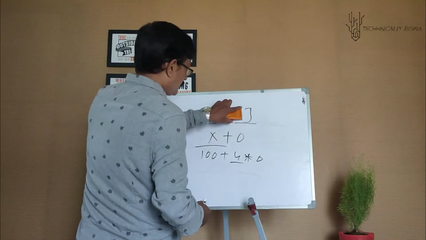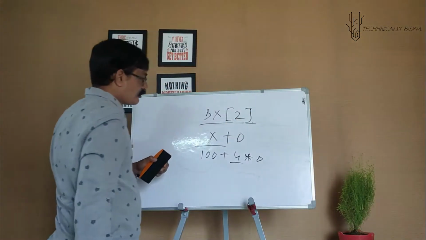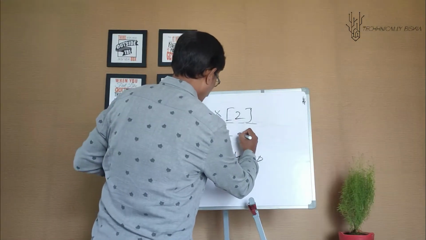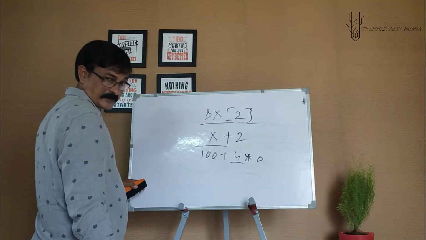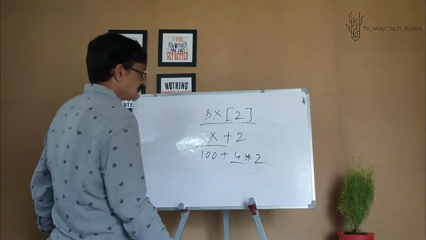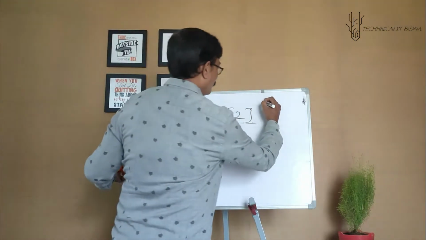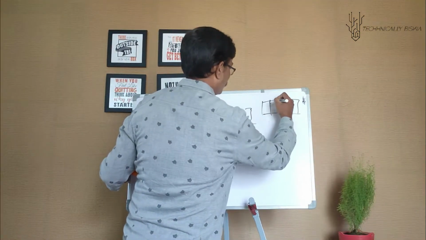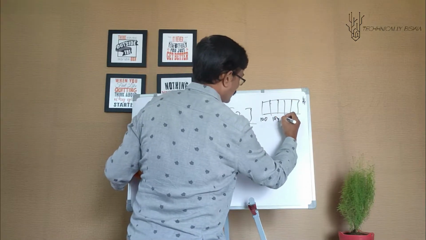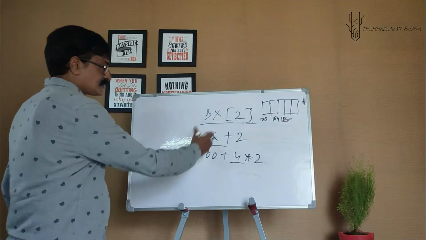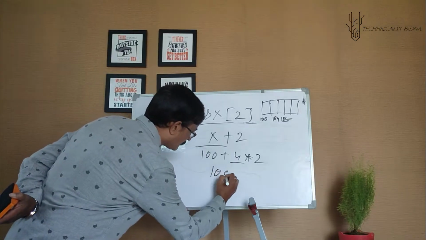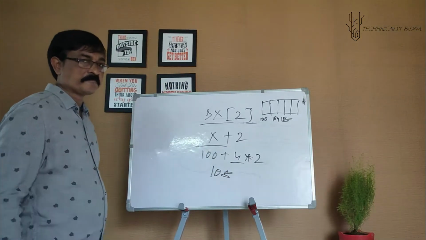Now if I say address of x of 2, what will happen? I'll just replace this, I'll say x plus 2. Now x plus 2 is 100 plus 4 into 2, which is 108. Recall that array, 5 elements we had: 100, 104, 108, like this. So the address of the second element is 100 plus 4 into 2, I get 108. So you got the synonymity. Clear?